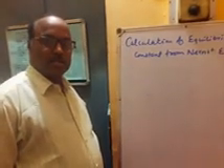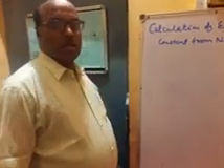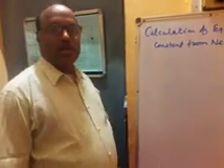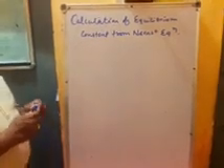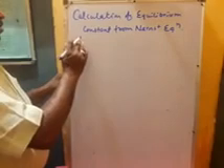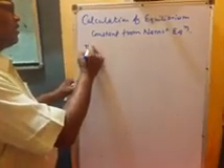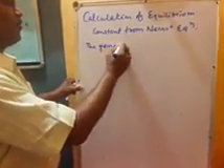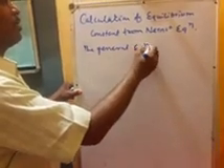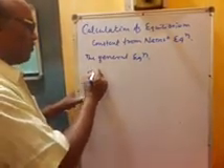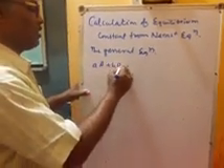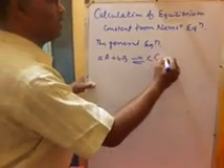Okay, students, in the fourth class, we'll discuss the calculation of equilibrium constant by the help of Nernst equation. Now, for this case, let us consider the general equation involved in the electrochemical cell. Let it be a moles of A plus b moles of B giving c moles of C plus d moles of D.